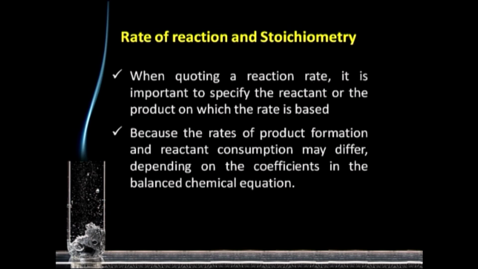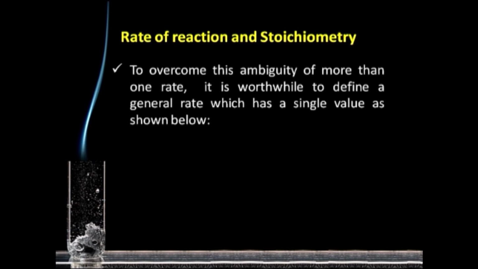So in order to get some meaningful result, we have to find out the rate where we take into account the stoichiometric coefficients, or mention the reactant. Why is that happening? Because the rate of product formation and the rate of consumption of any reactant will differ depending on the stoichiometric coefficients. So we will see how exactly we can get over this ambiguity and get the same value for the